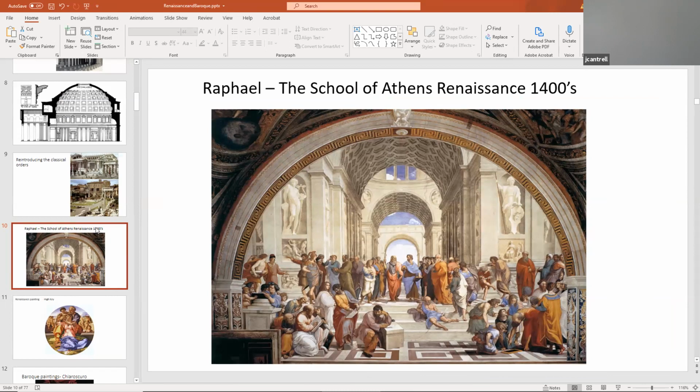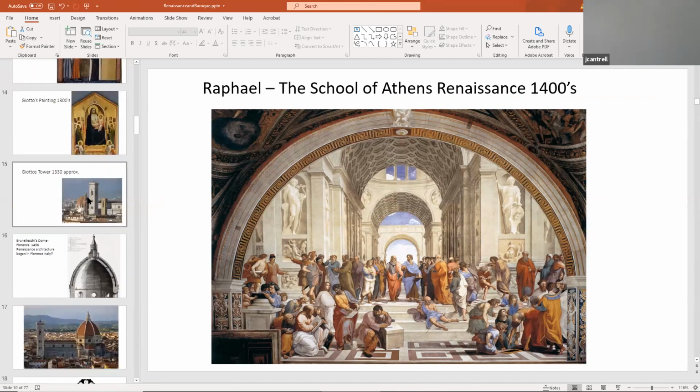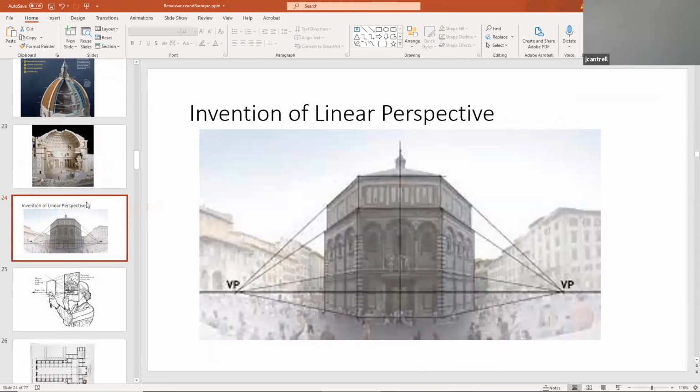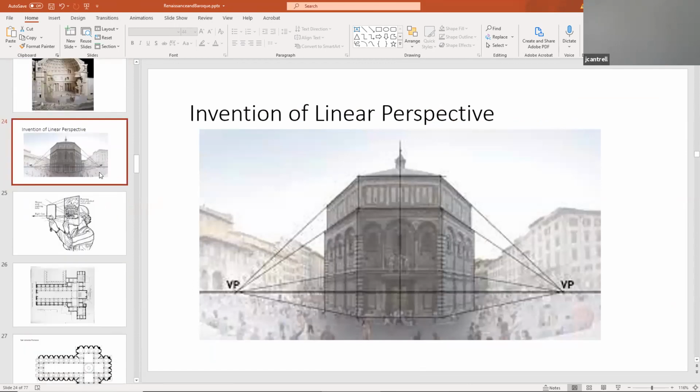So of course, this is Raphael about 100 years after Brunelleschi, but he's incorporating all the ideas that Brunelleschi taught him. It's a mixture of Renaissance architecture and of course the ancient classical ideas of philosophers. This is definitely just, this person was just unbelievable in architecture, painting, and just changing your mindset of how things are perceived. Those are just a few of his buildings.